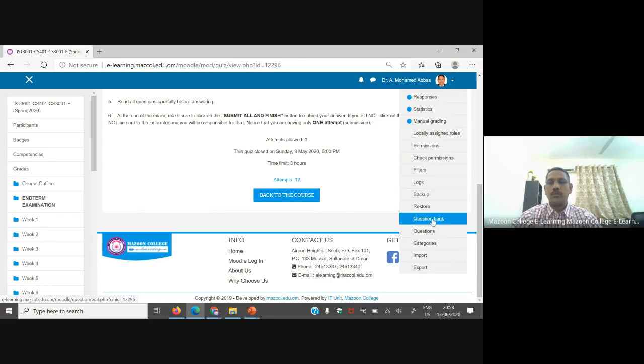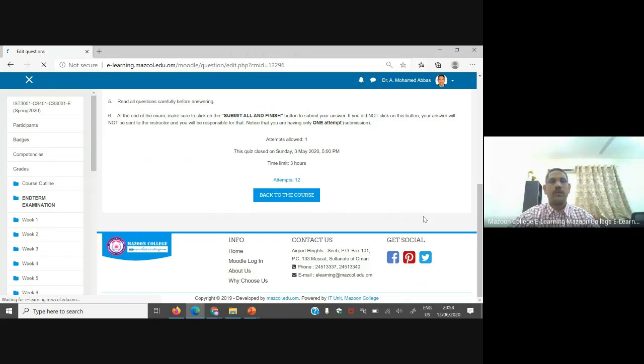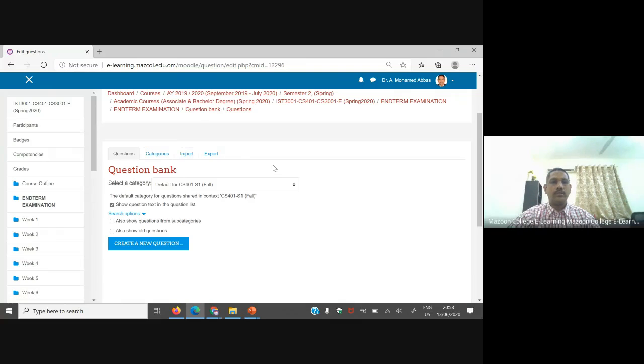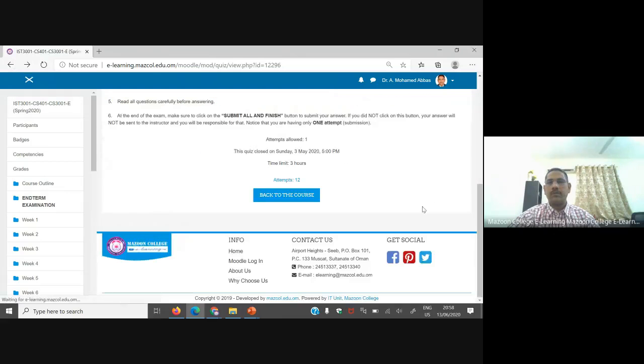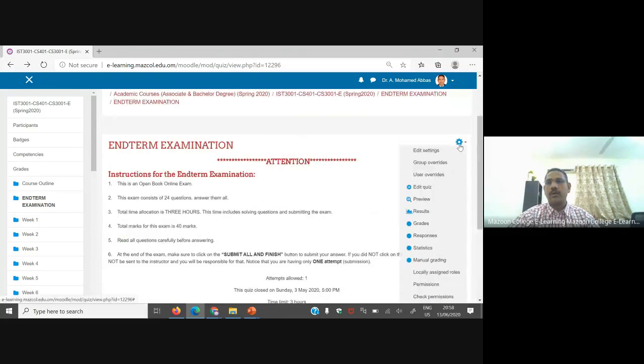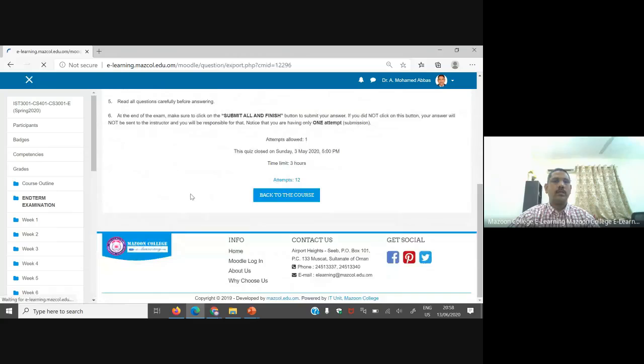If you click the question bank, it will forward to the same operation, and the same menu will show. Even if you click export, it will redirect to the same location. I'll click the question bank, and see, it redirects to this page. Otherwise you can click export, and again it goes to the same page.